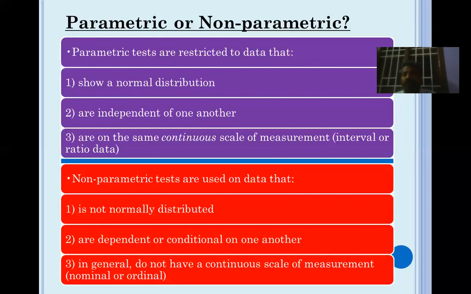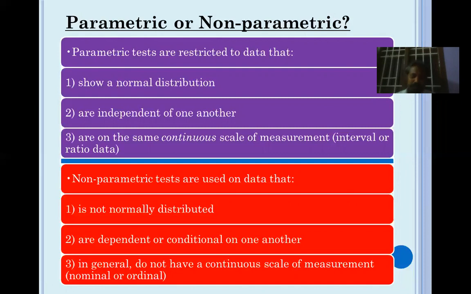Then very importantly, we have 2 groups of statistical tools, parametric test and non-parametric test. And you should clearly understand on what occasions I should conduct parametric tests and on what occasions I should conduct non-parametric. Right. To decide whether you have to conduct parametric or not, there are certain assumptions. There are certain conditions. If these conditions are fulfilled, then you can conduct parametric tests. If the conditions are not fulfilled, you go for non-parametric.